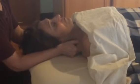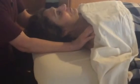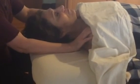I can feel the little knot in the middle here, so I could sift back and forth over it. And the one on the right is quite a bit thicker than the one on the left. So I can try to get kind of on top of it so that when I press in, it'll be between my thumb and, I guess that's the top of the scapula. And now I can just sink in slowly. I could do one side or I could do both, and there is also an acupoint here